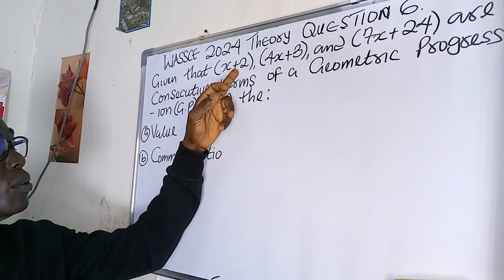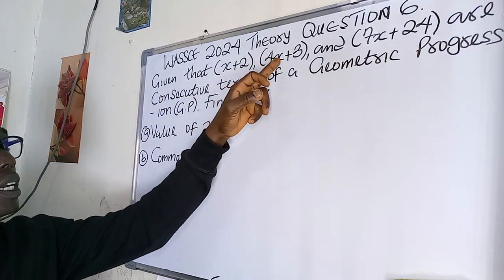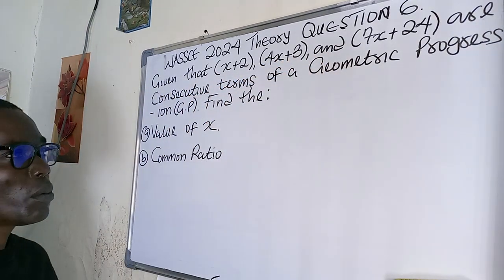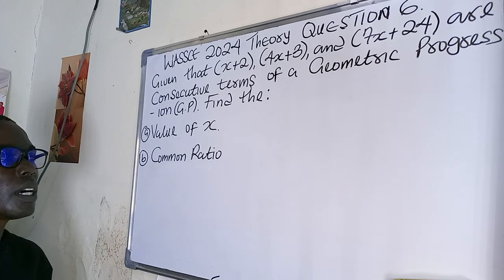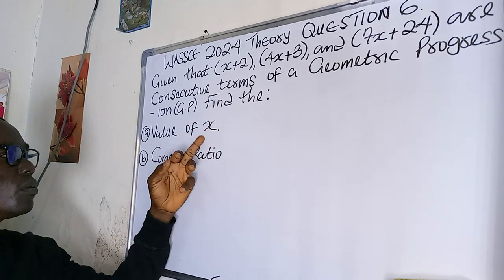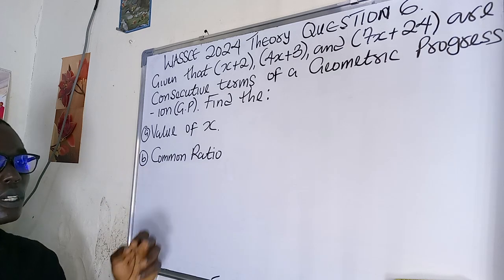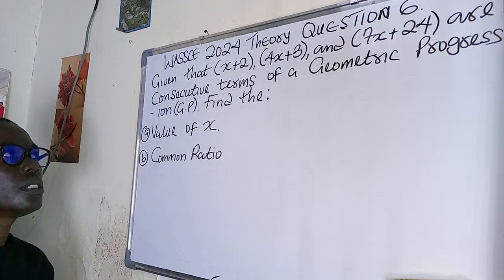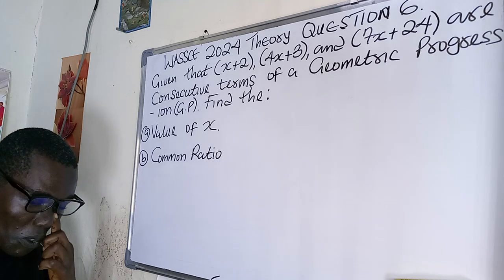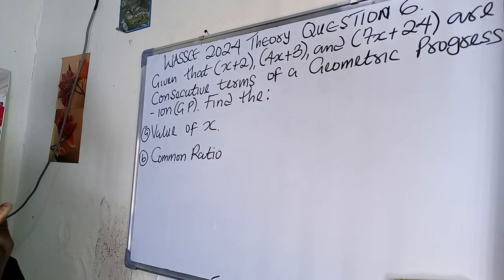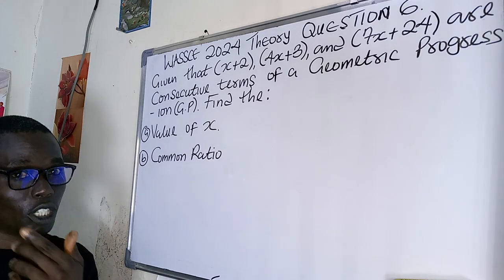Given that x plus 2, 4x plus 3, and 7x plus 24 are consecutive terms of a geometric progression, find the value of x and b, the common ratio. This is the West Africa SSC 2024 exam question, the theory section number 6, which used to carry 12 marks,